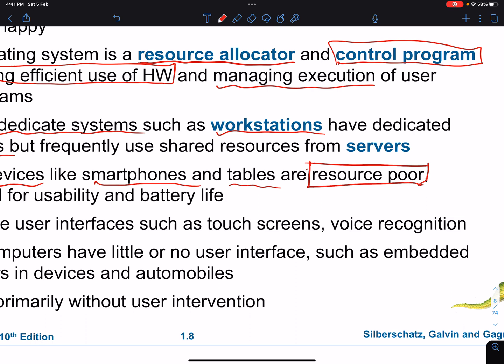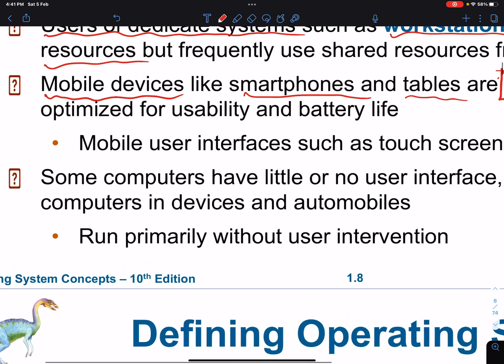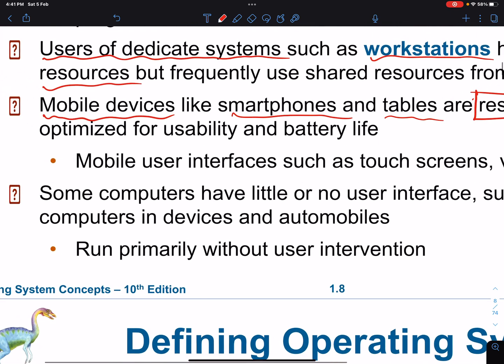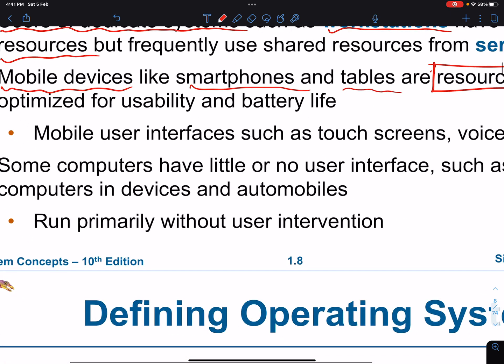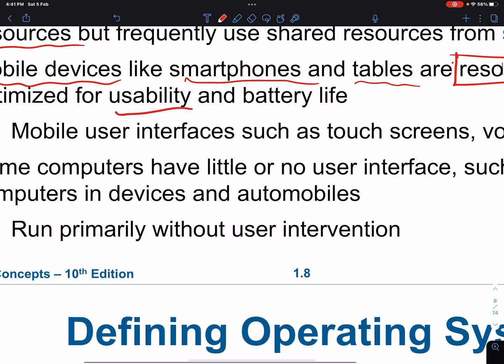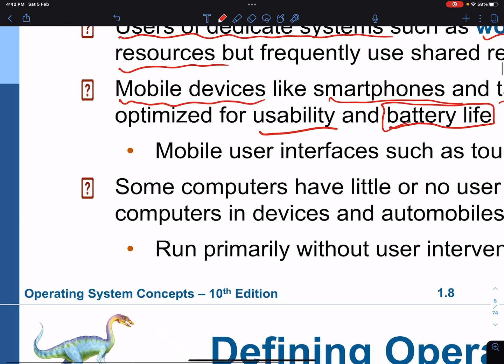The storage in a mobile is much less than the storage in a computer, and so on and so forth. So we call them resource poor. And they are optimized for what? Usability and battery life, of course, right?